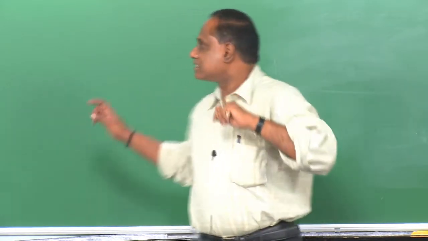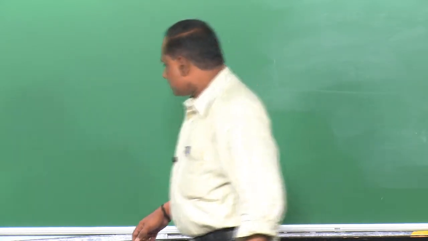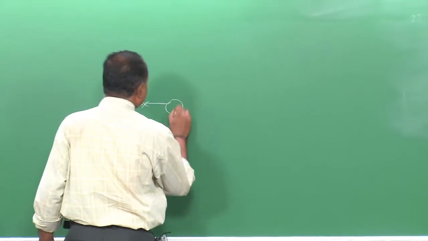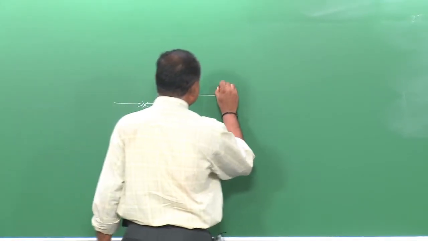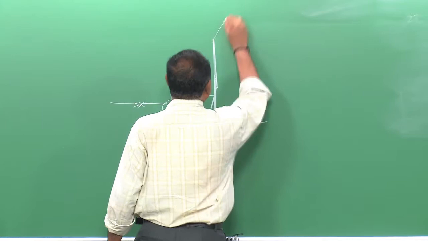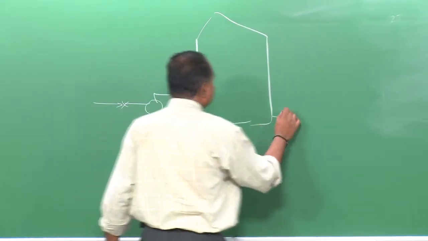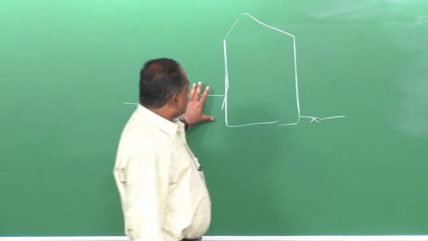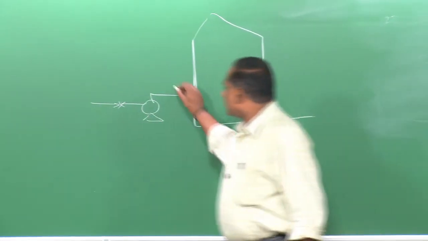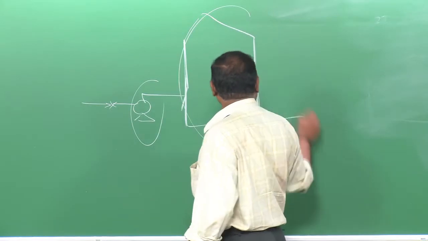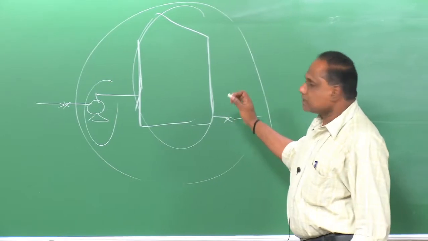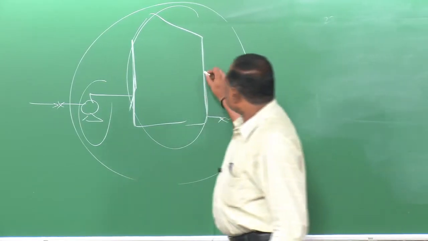Identifying a section of the plant means a plant can have a pipeline, valve, pump, then it can have a storage tank, then again valves. So a section can be this, a section can be this, or it can be taken as a whole section. We just identify a section of the plant in the P&ID,